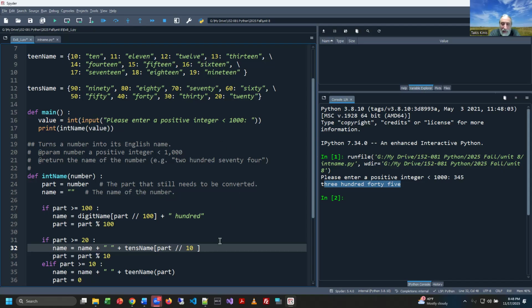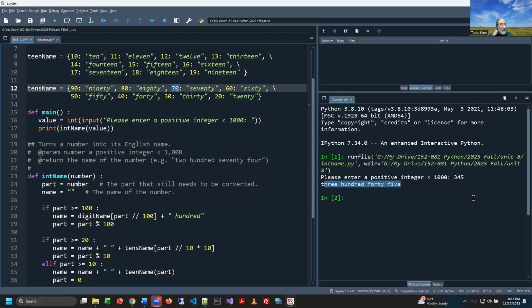So then I have to multiply that result by 10. So this is the calculation. First, I do integer division to get the whole number, and then I multiply it by 10 to turn it from 73 basically into 70. Then I can look up 70 in tens name and pull back the correct text, and then append that to the current version of name. So now I have